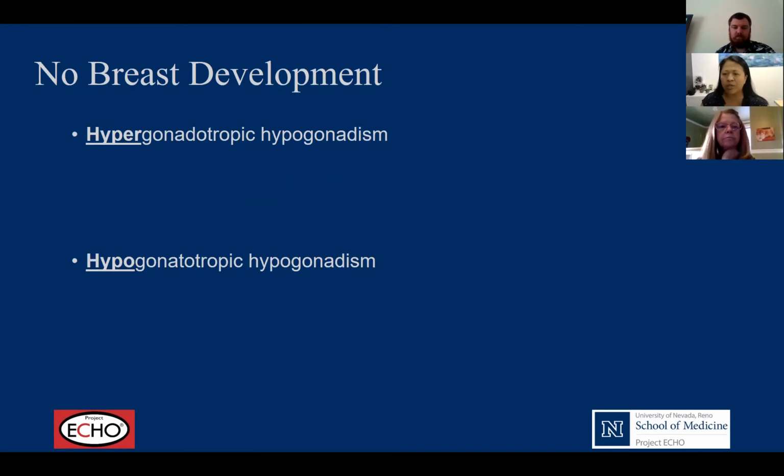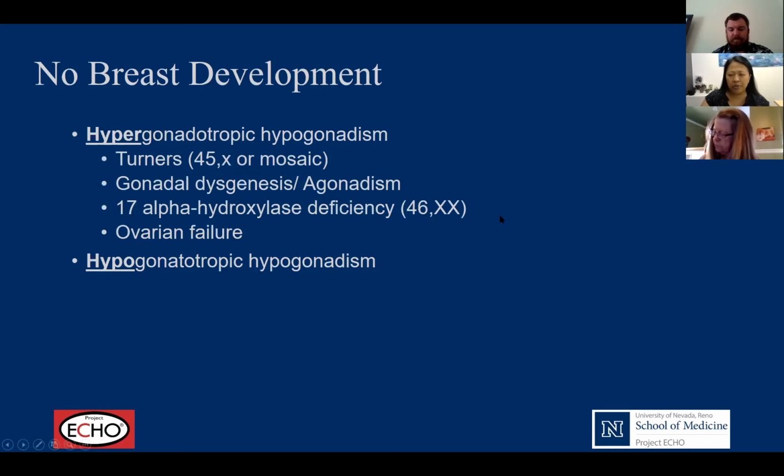If a girl shows up with no period and no breast development, these 2 items are your differential diagnosis, which gives me a headache because when you see this on a board exam, they look almost identical, okay? So basically what you need to look at is, is it hypergonadotropic or hypogonadotropic? Hypogonadism just means that the ovaries are not doing what they need to do, all right? Hypergonadotropic means that the signals from the brain are being sent, but the ovaries are not responding, okay? The differential for that includes Turner syndrome. It could be that there's gonadal dysgenesis. There could be 17-alpha hydroxylase deficiency, which is a type of congenital adrenal hyperplasia, or the ovaries have failed,